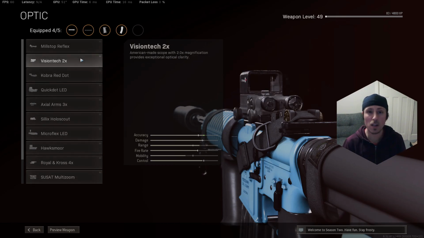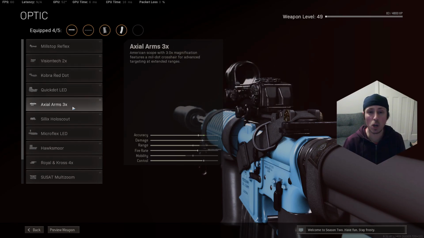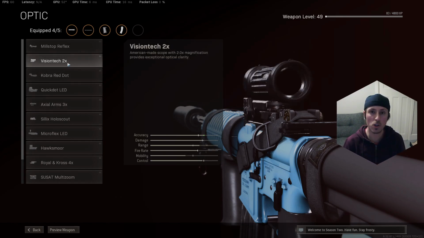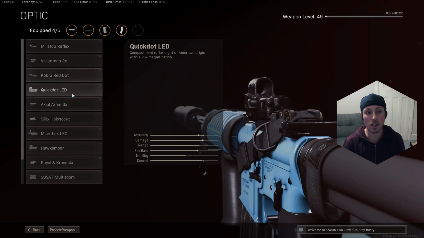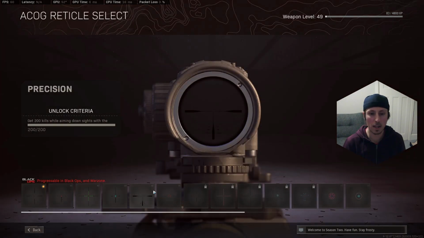So I prefer personally the 2x because it's similar magnification to that of the VLK in the Modern Warfare guns. So I go with the 2x, or you could go with the 3x. A little tip for you actually with these, the 3x and the 2x, is that they share the reticles. So if you have unlocked one on the 3x, but you haven't unlocked it on the 2x, for example, you can select the 3x, go to customize, pick one that maybe you haven't unlocked, let's say this one here,